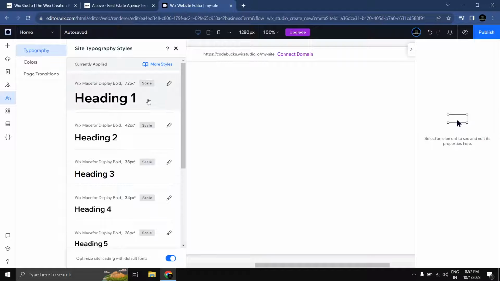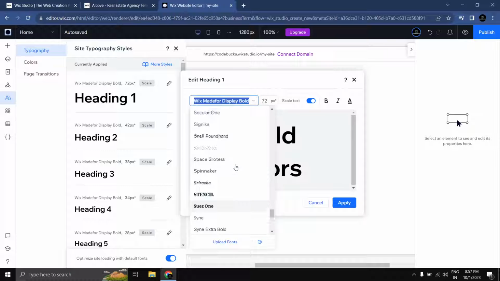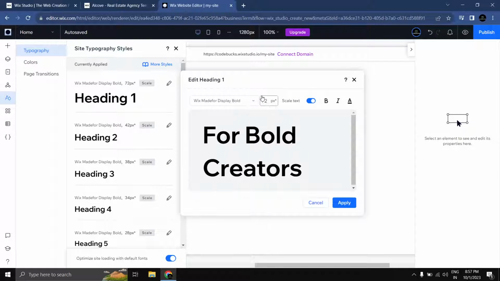You can also customize these different texts by clicking on this edit typography button and changing the font family and font size as well. So for the heading 1, that means for the H1, we are going to use 72 pixel. Whenever this scale text is turned on, that means the text is scaled proportional to the size of the screen. So whenever the screen is bigger, the text size will increase as well, and when the screen is small, the text will